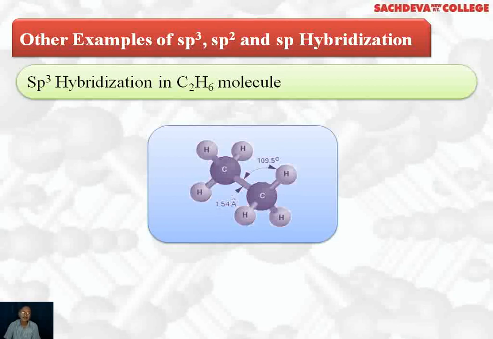So one of the sp3 hybridized orbitals of each carbon will overlap to form a sigma bond, whose bond length is 1.54 Angstrom. And the other 3 sp3 hybridized orbitals of carbon will overlap with 3 hydrogen atoms, which are half filled, and form 3 sigma bonds. And the second carbon also will form 3 sigma bonds with 3 hydrogen atoms which have 1 unpaired electron. So in the ethane molecule, each carbon is tetrahedral in shape. So sp3 hybridized orbitals are tetrahedral in shape.